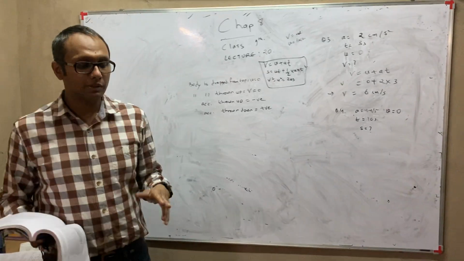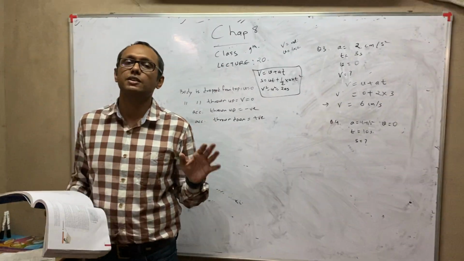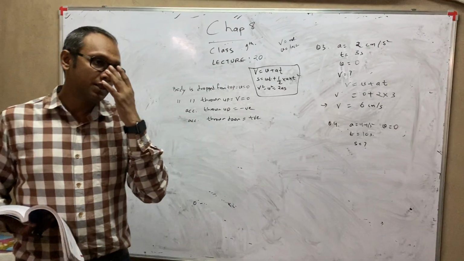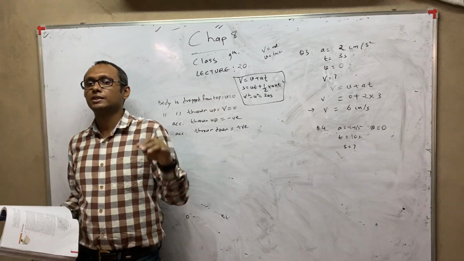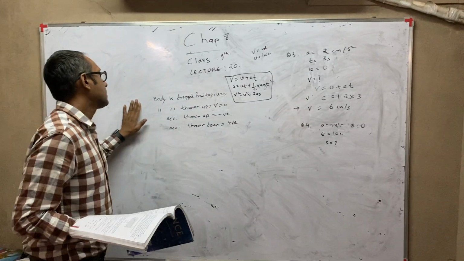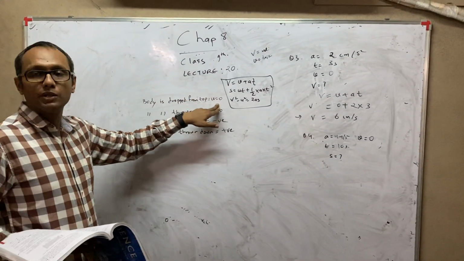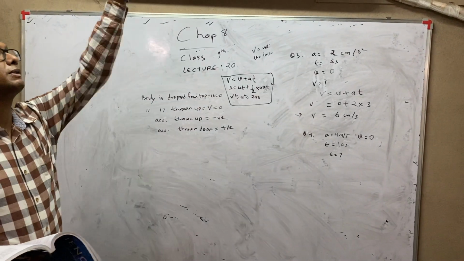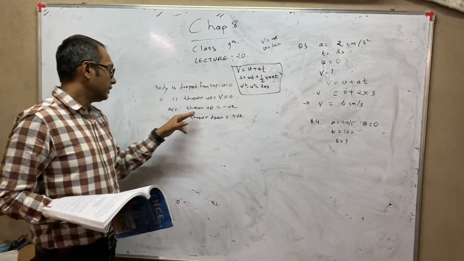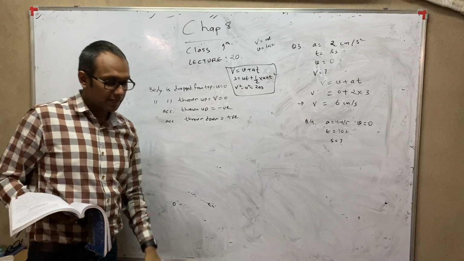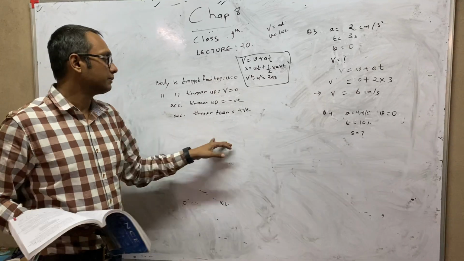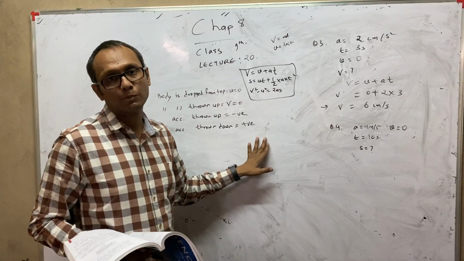This is just like when a train is stationary at a point and then it starts moving, so we take u as 0 and v whatever it comes. And similarly, when a train is going at some speed and brakes are applied, then we take v equal to 0 and u whatever was given. So similarly, in sums, when a body is dropped from the top, you will take u equal to 0, and when a body is thrown up, at that point where the velocity stops and it starts coming down, we take v equal to 0. And when a body is thrown up, it is acting against gravity, so we will take acceleration as negative. And when something is thrown down, then the acceleration we take as positive.